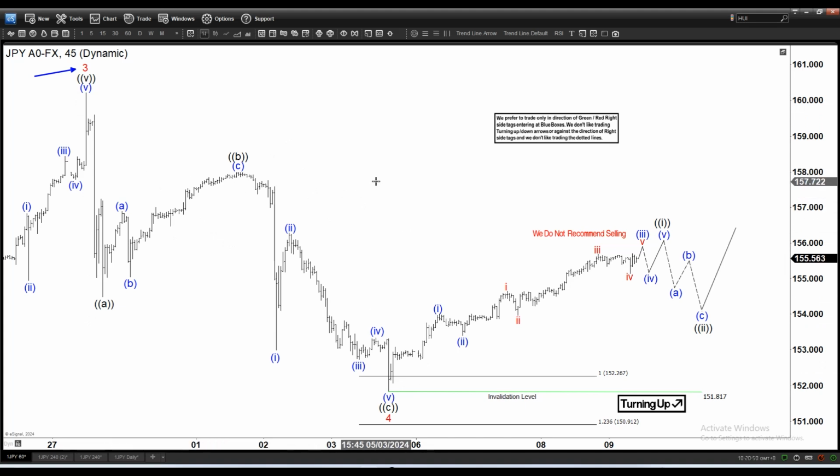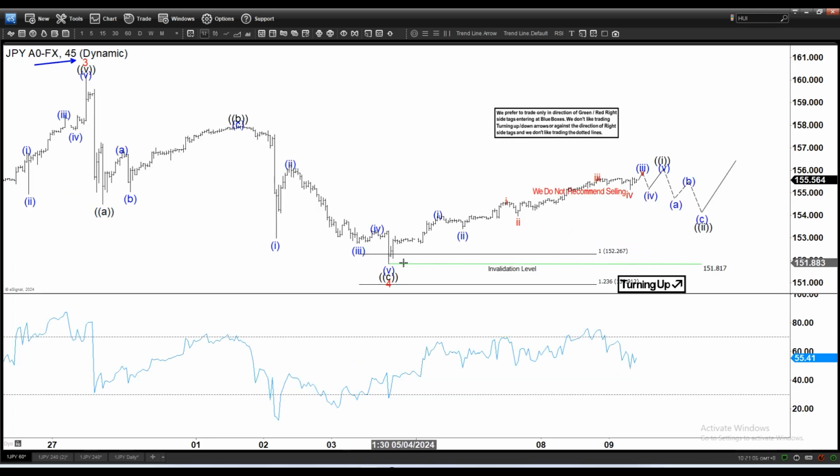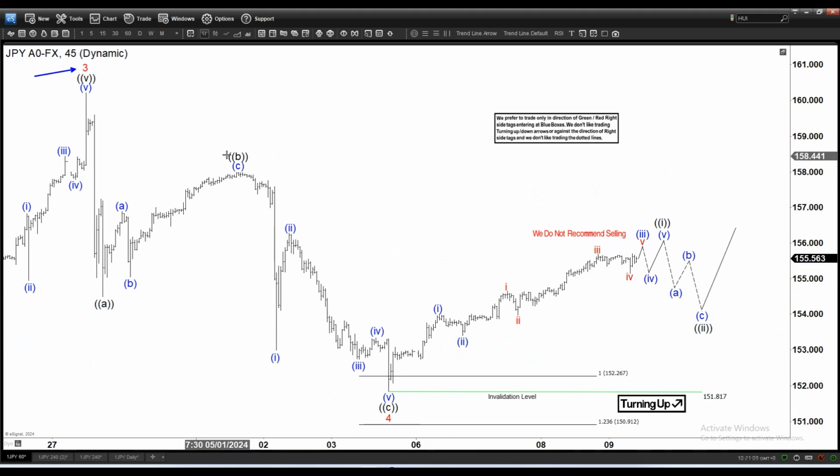Now, there is another possibility in which we might be tempted to label this as a 1, 2, 3, 4, and then this is a 5. I wouldn't say it is impossible. It is possible, but like I said, because there is no extension on the third leg, right? There's no extension on the third leg here. It's only at the 100%. Then this probably is the more aggressive view in the direction of the trend. Again, the trend is bullish. Secular trend is bullish in the yen pairs,